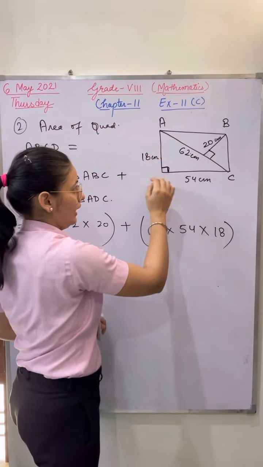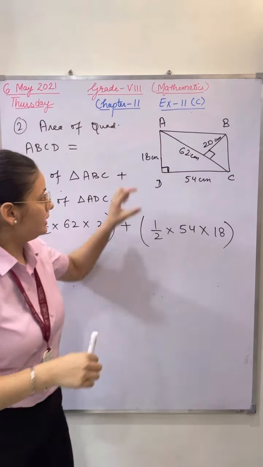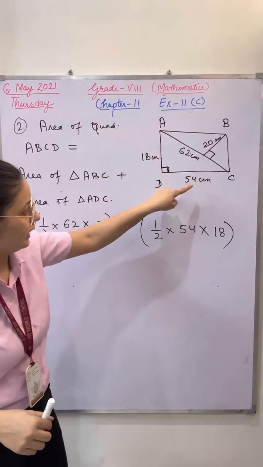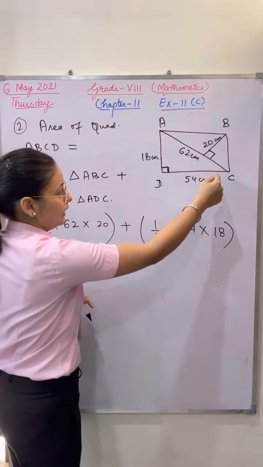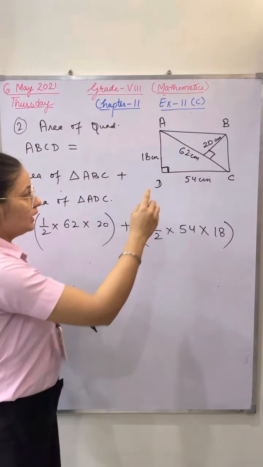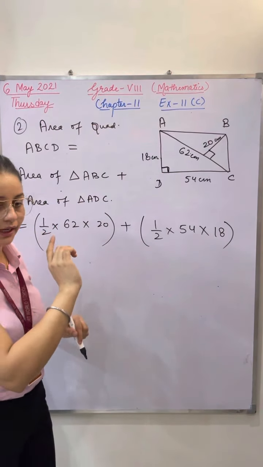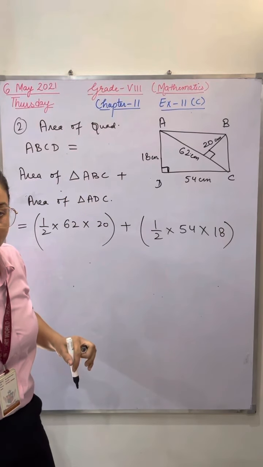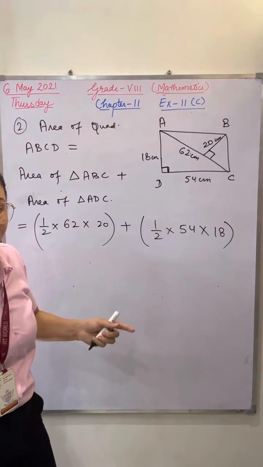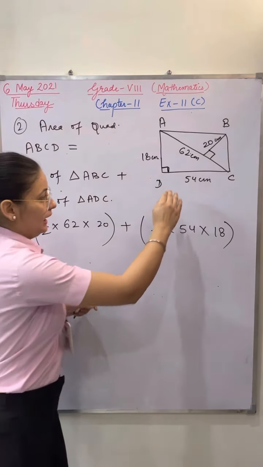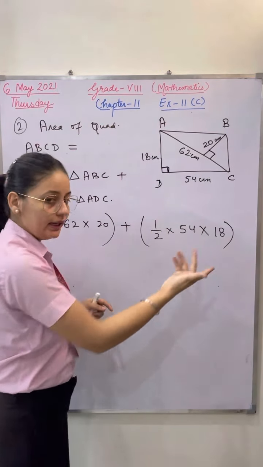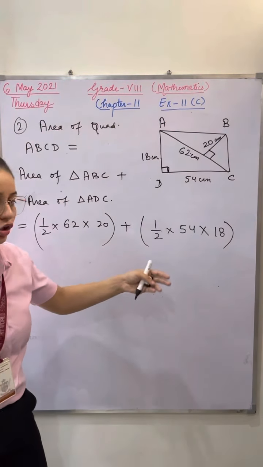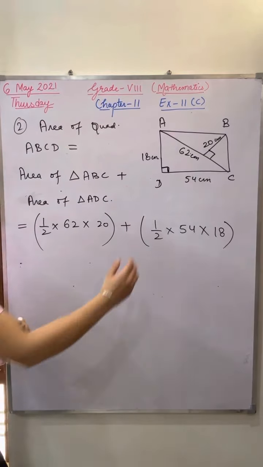In this triangle, this side is on 90 degrees. That means this is perpendicular, and a straight side is always the height of a triangle. This is a right angle triangle given to you, whose one side is on 90 degrees. So there's no need to apply Pythagoras theorem. Some are saying we can apply Pythagoras theorem. Why? There is no need. Base is given, height is given, no need to apply Pythagoras theorem. Don't make it more complicated. Everything is given to you.